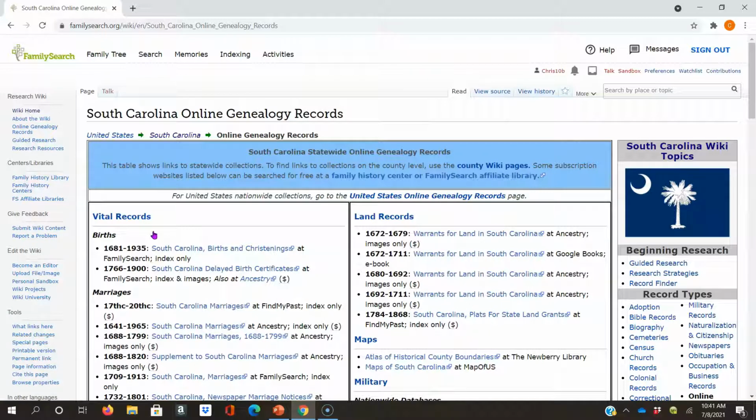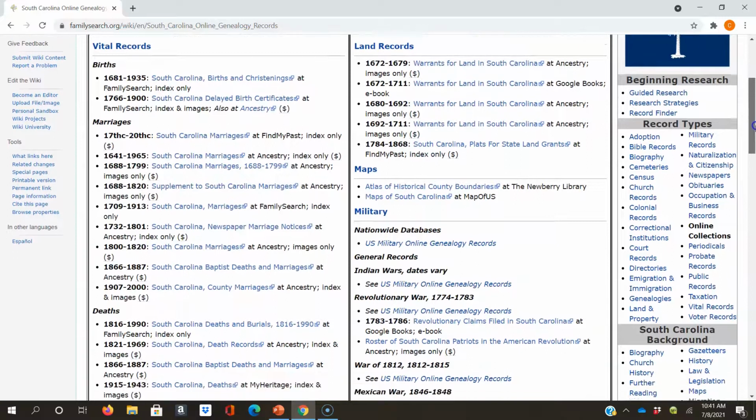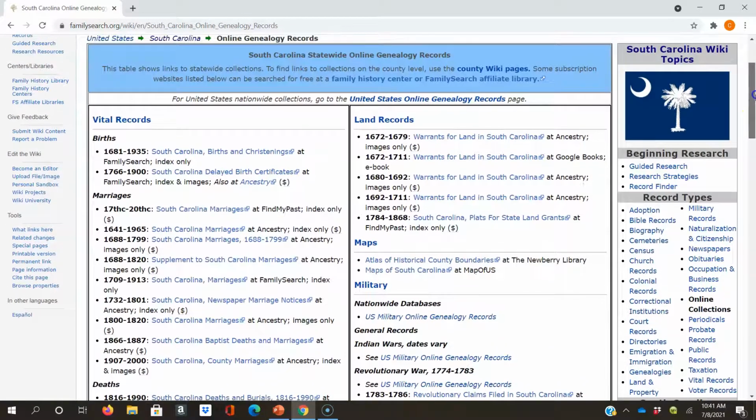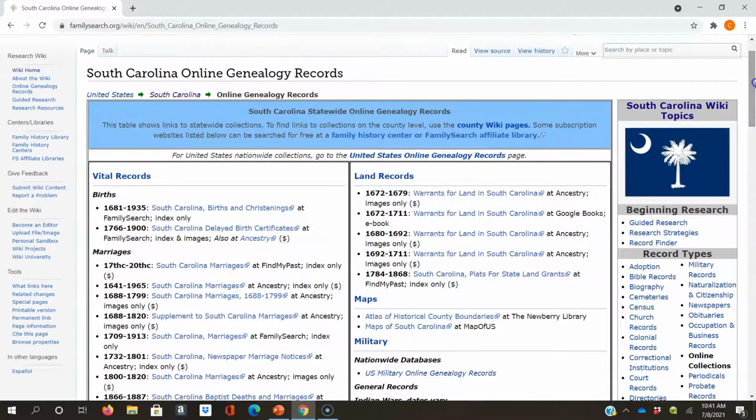Okay, so this shows us a list of South Carolina genealogy records that can be accessed online. So we have things like the birth records, marriage records. We have information on death records, maps, military, and land records. Now, this is extremely helpful if you're looking for things at the state level. But if you're looking for things for lower jurisdictions like a county or a town, we're going to need to go back to that map on the last page. So let's go back to that,